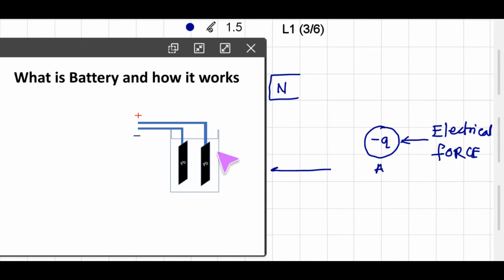So see in the figure, here it is a container in which there are two electrodes. They are connected to wires and they are connected to the charging terminal. Remember, to bring or deposit all electrons on one electrode, we need to do work. That work is done by the electric energy which we are going to connect here, and that is the concept of charging the battery. So here we are pouring the solution of H2SO4.